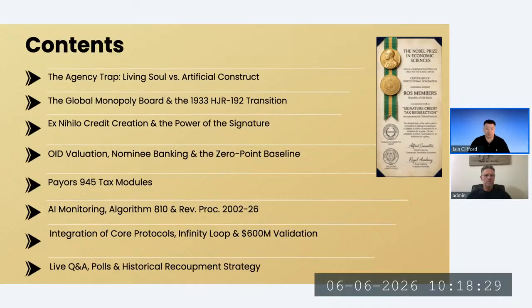I'm not going to go into it in a lot of detail, but we did have $600 million of tax redirection verified by the IRS. We'll touch on that. And then I think there have already been some technical questions asked, and we'll go through those. Please do load up your questions, and Andy and I will go through them probably Tuesday or Wednesday next week, and you can watch that on the ROS Media platform. So that's what we're going to do.